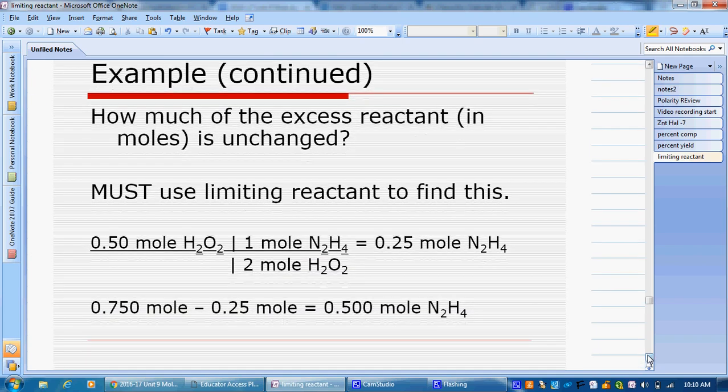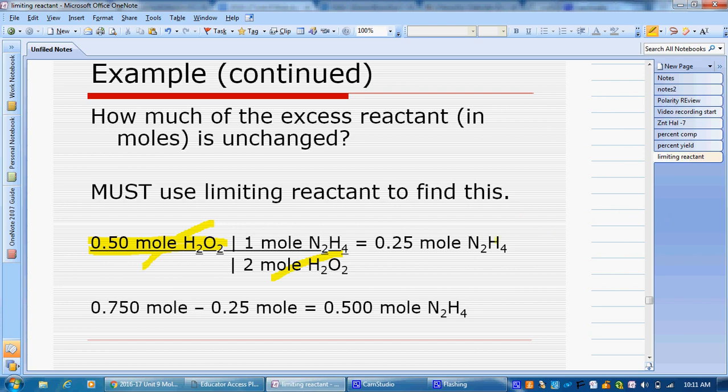So how much is in excess? Well, what we do then is we just figure out how much we have extra. Okay, so we look here. This is how many moles of H2O2 that's going to allow us to run the reaction before it stops. So now if we do our 2 to 1 again, this time our H2O2 is on bottom because we want that to cancel out, and our 1's on top, so we're going to divide this by 2 and get 0.25